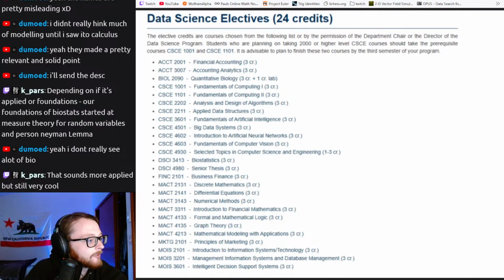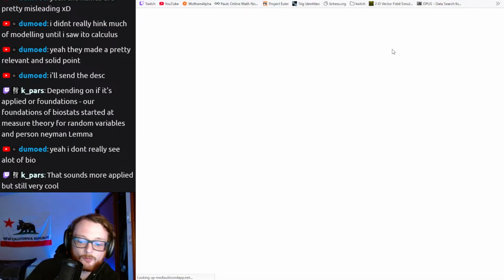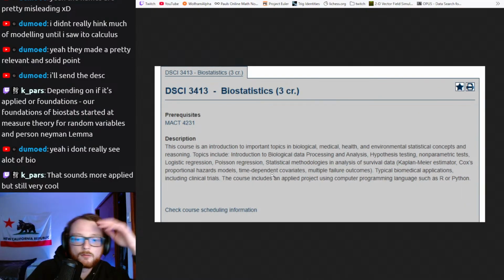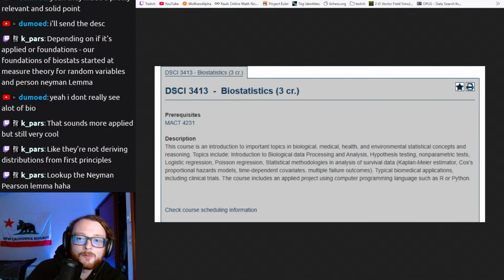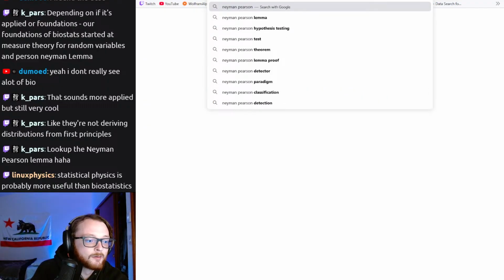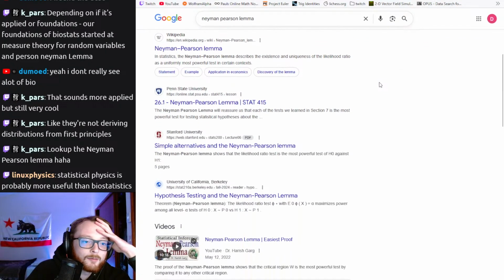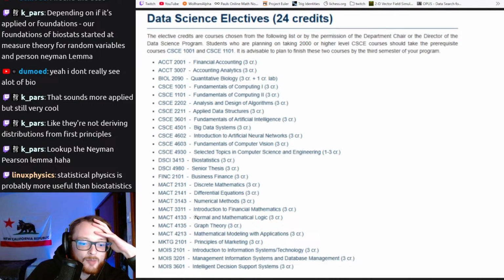Does it? So somewhere applied? Maybe. Things that I recognize were pretty general: hypothesis testing, regression. This stuff at least sounds, Kaplan-Meier estimator sounds general, but maybe not. Oh, as in, okay, you're saying applied in a different context. Neyman-Pearson lemma? Maybe Linux physics. I don't think that's on the table, unfortunately, but